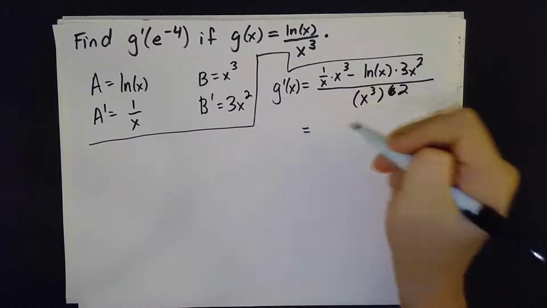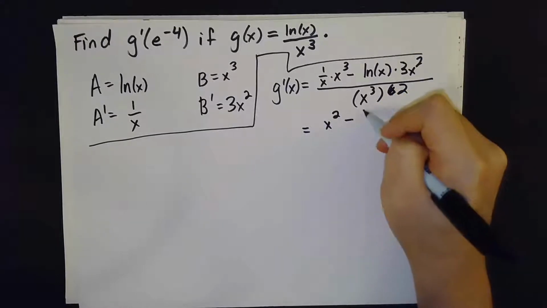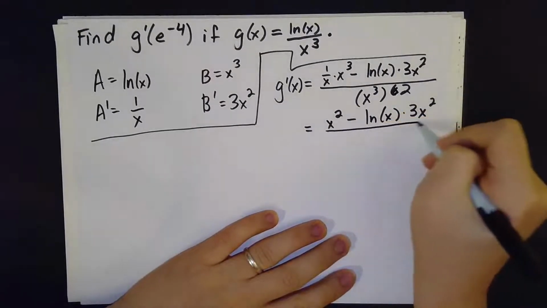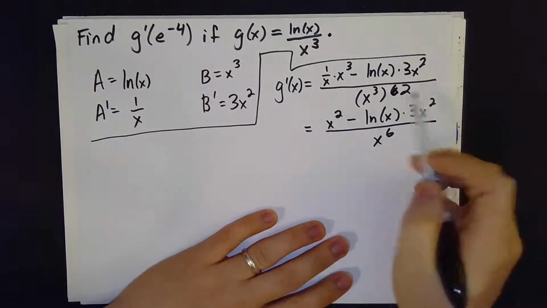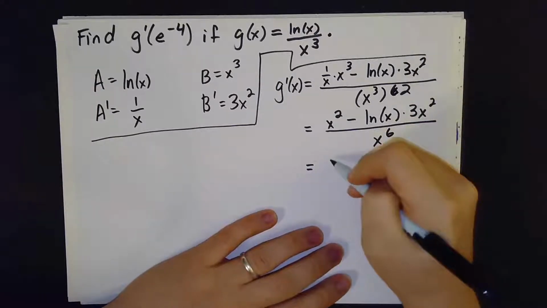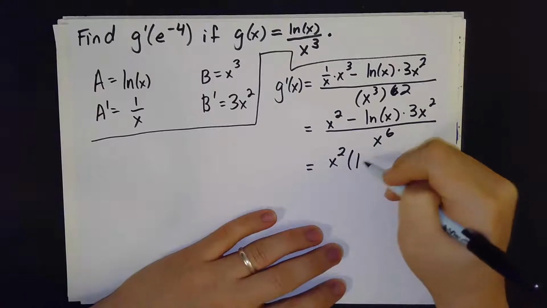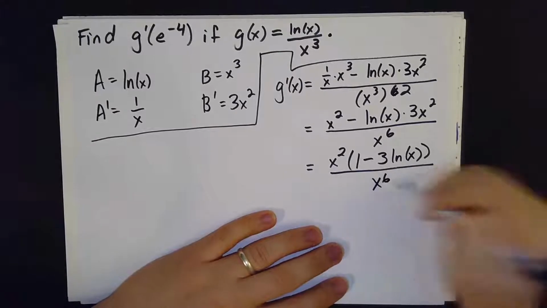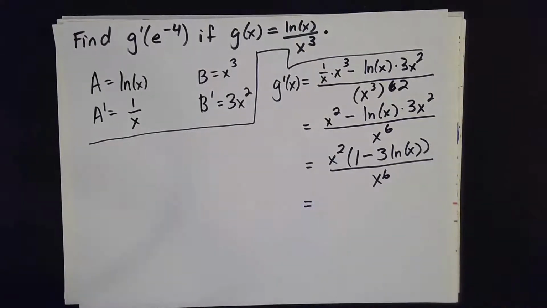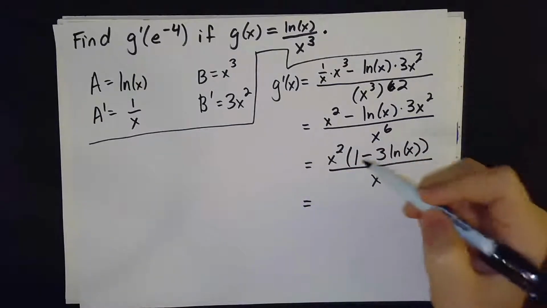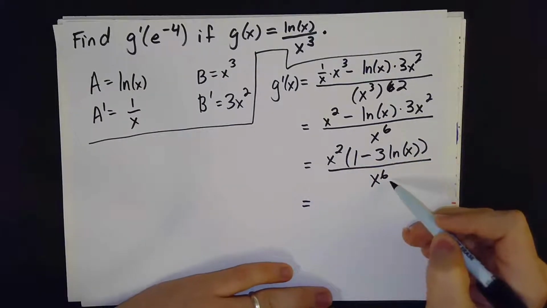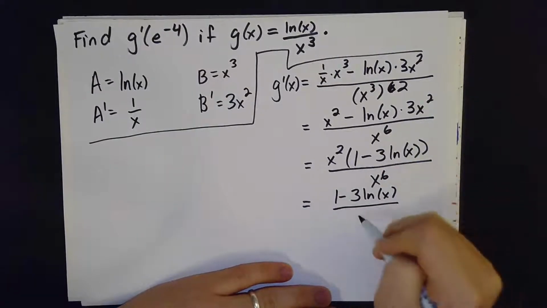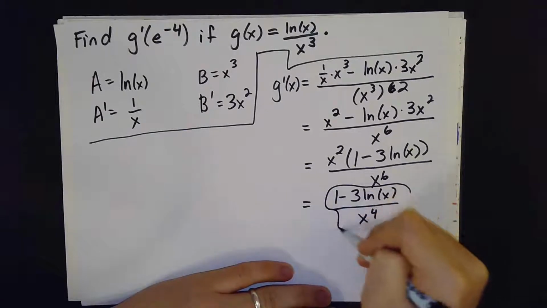All right, and let's go ahead and simplify this. Over the powers multiply, and I can factor an x squared out of the numerator. And now, in fact, I can cancel the x squared with 2 of the x's in the denominator, and so this will become 1 minus 3 log x over x to the 4th. Okay, so that is my G prime,